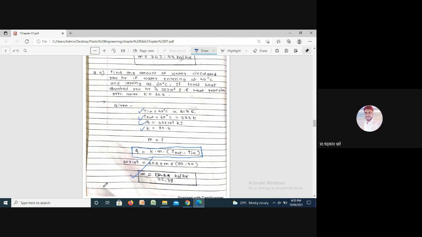Hope you understood how to calculate the heat removed or heat absorbed, meaning Q. After that, we have seen how to calculate the weight of the water, meaning M. These two things are very important for the GATE examination, and also for the university. If your university exam is MCQ type, then of course they will ask such problems. In the next lecture, we'll complete the cooling time. Hope you have understood. It is not difficult.